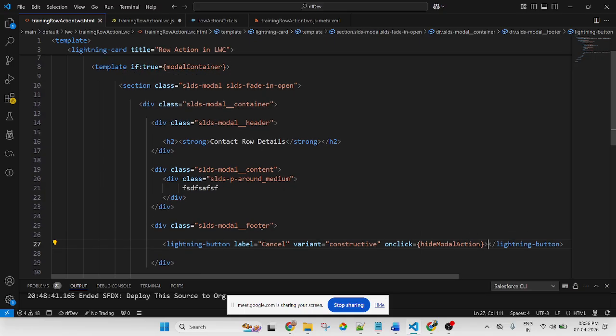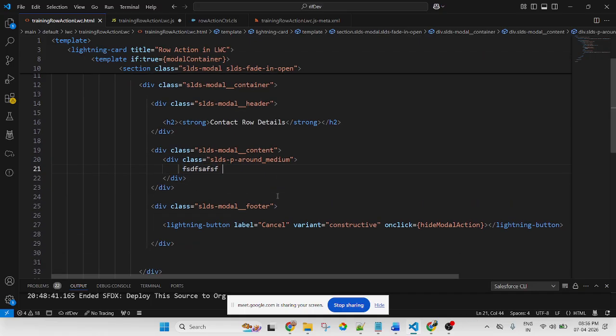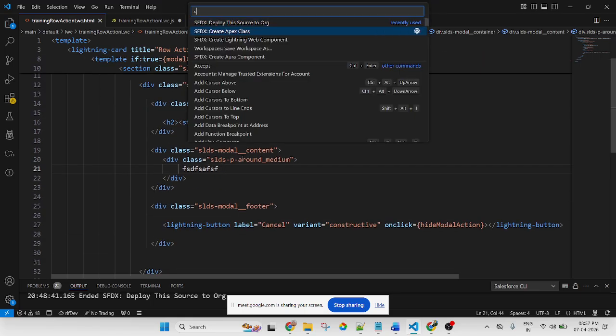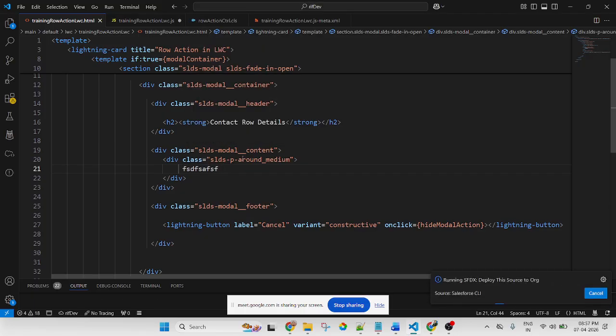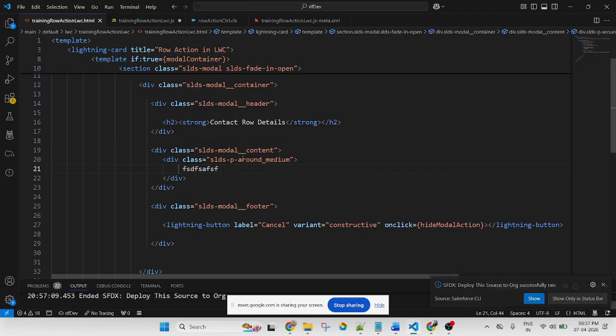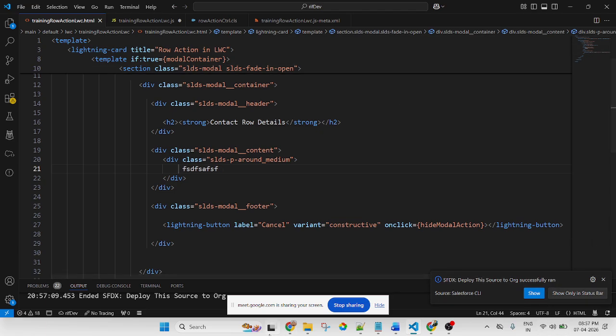Now save. Now here I will display the data. Let me save and check whether my modal pop-up displays or not. After that we will display the data. Let me save the file and deploy. The file has been deployed successfully.